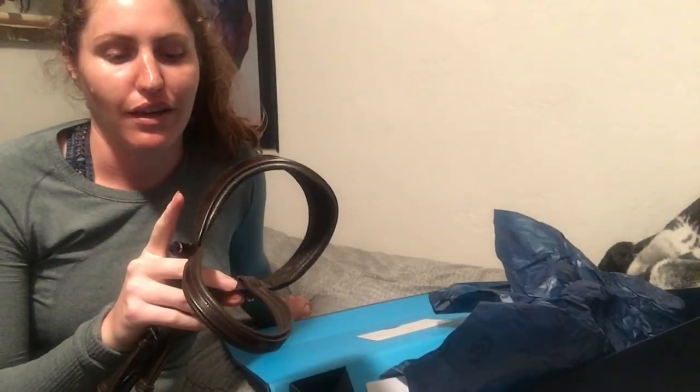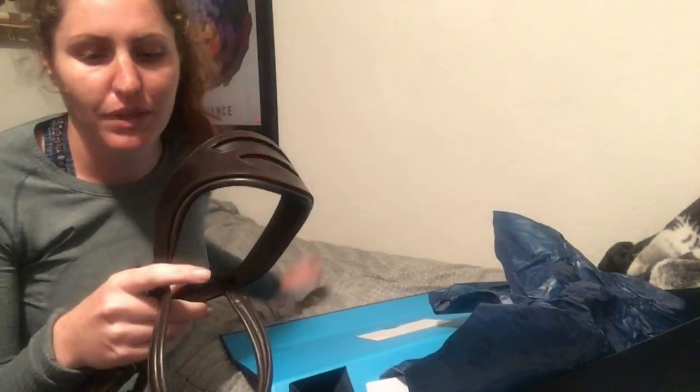Seriously? They forgot to give me my throat latch. I mean, I don't ride in these type of bridles. I have the PS Sweden Jump Off Revolution bridle that I use for dressage in black. I don't typically use that bridle. Well, I use the bridle, but I don't use the throat latch with that bridle, because you can take